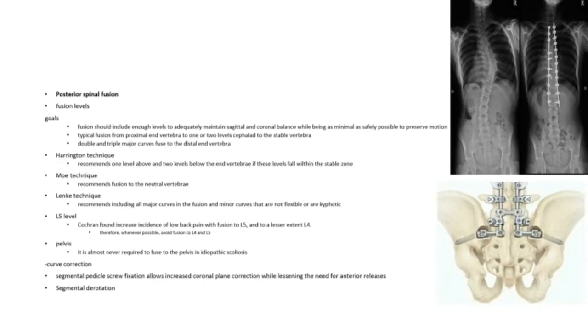Typically, fusion is happening from end vertebra to end vertebra, but it depends upon what school you are going to align to. Harrington recommended 1 level above and 2 levels below the end vertebra if these levels fall within the stable zone. The Moe technique recommended fusion to the neutral vertebra. We have described that. Lenke recommended including all major curves in the fusion and minor curves that are not flexible or are kyphotic. Cochrane reviews said that stopping at L5, and L4 to a lesser extent, is not giving favorable results. So in these cases only, you need